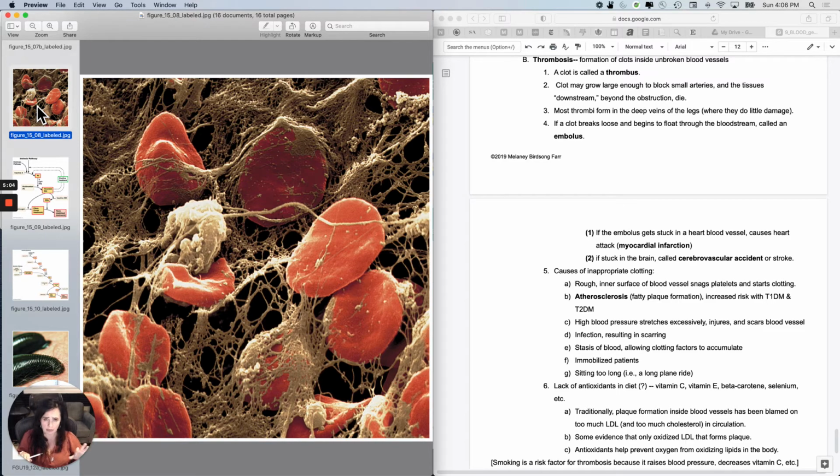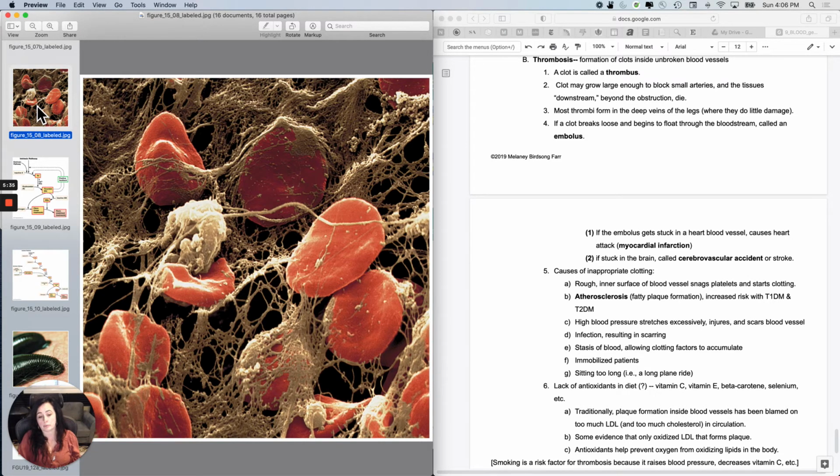It's not the only thing that can cause an embolus, but it's one of the things. And again, not necessarily problematic, especially if your vessels are nice and wide because you're super healthy and you don't eat a whole lot of cholesterol and you don't have diabetes, you exercise a lot. But if the embolus gets stuck in a heart blood vessel, in an artery or an arteriole, the LAD, the anterior interventricular artery, the widowmaker, if it gets stuck in those,